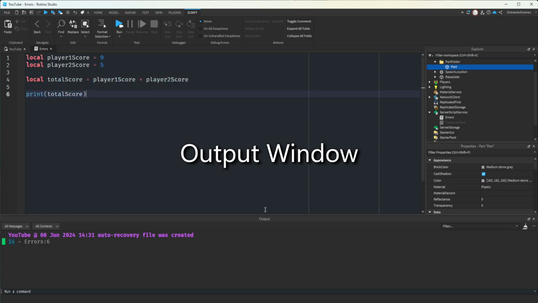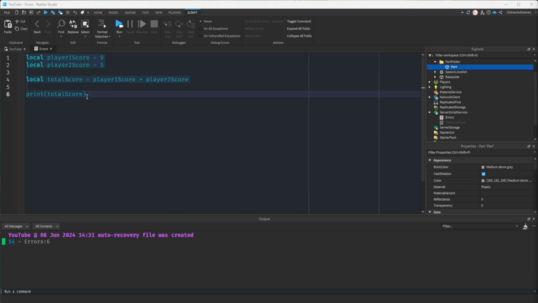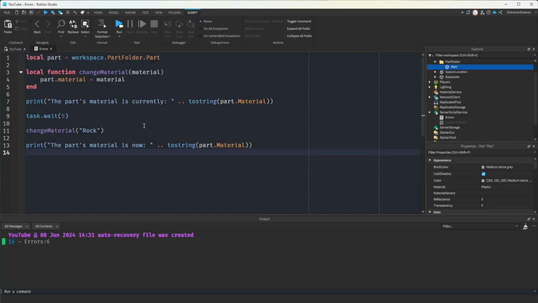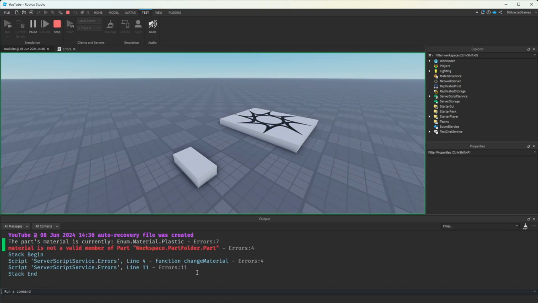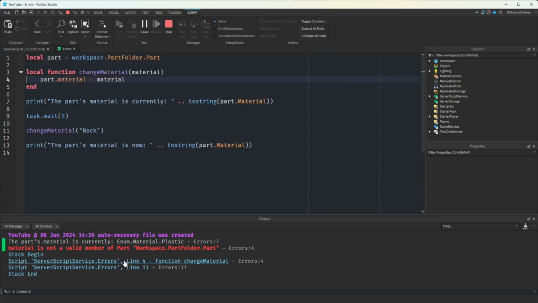So the output window is the most common place to find when an error occurs. Let's go ahead and go back to this program where we were incorrectly changing the material here using this function. So if we go ahead and run this, not only is it going to print out error messages when running into syntax or runtime errors, you can actually click on these messages to be taken directly to the line that's causing a problem. So of course, you can also just look at the message, and depending on your enabled settings,